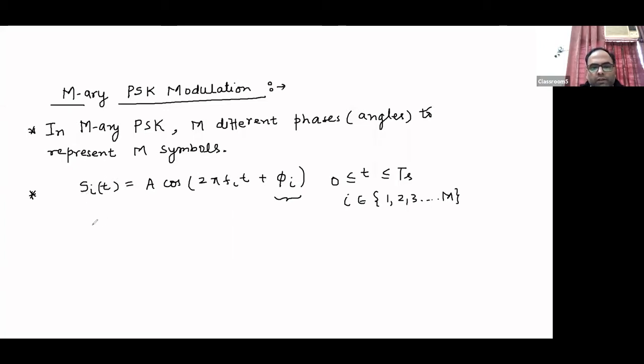So you can have s_1(t), s_2(t), s_3(t), up to s_M(t), different waveforms which can be used to represent different information, and all these waveforms have different phases. So ultimately you are hiding your information in the phases. That's why this is a phase shift keying modulation scheme. And because we are using M levels, M signals to represent your information, it is the M-ary PSK modulation scheme, right? Where